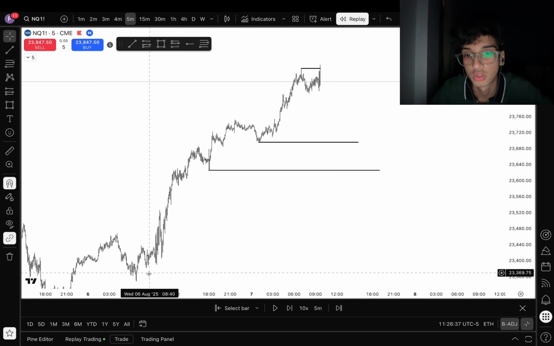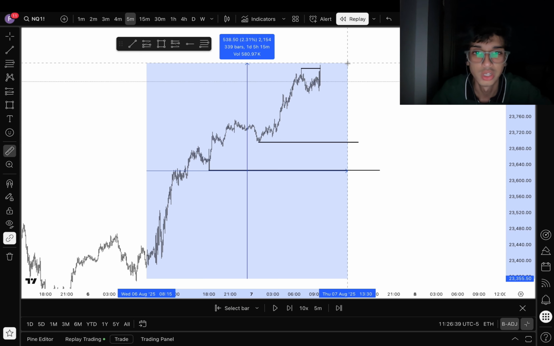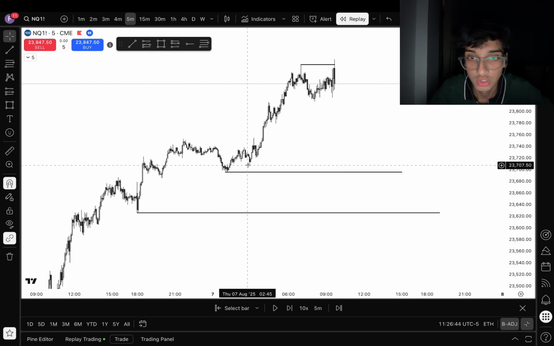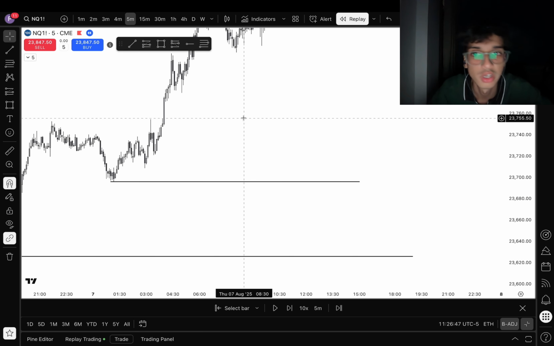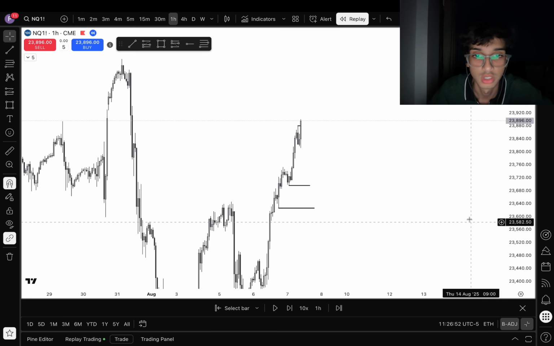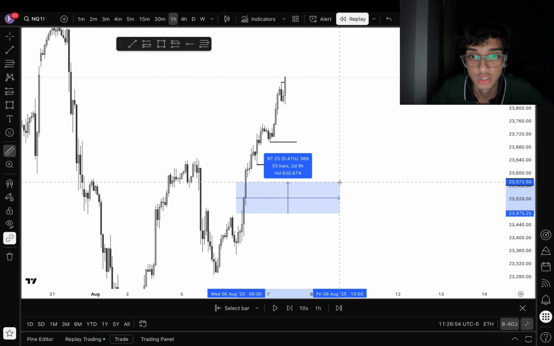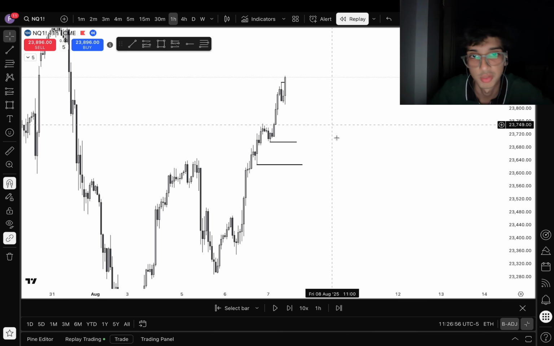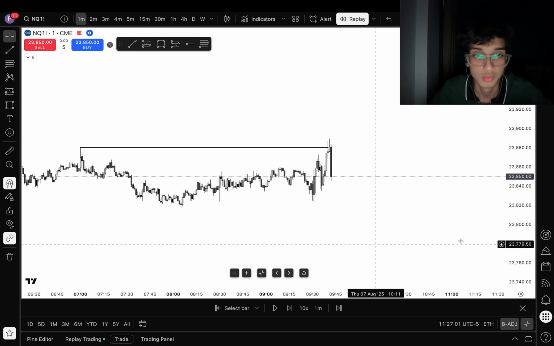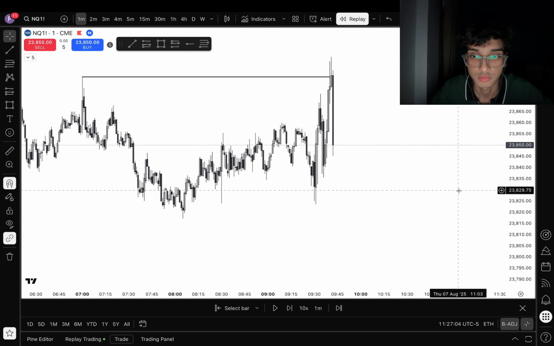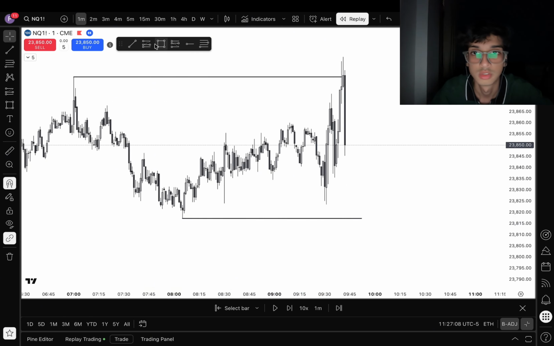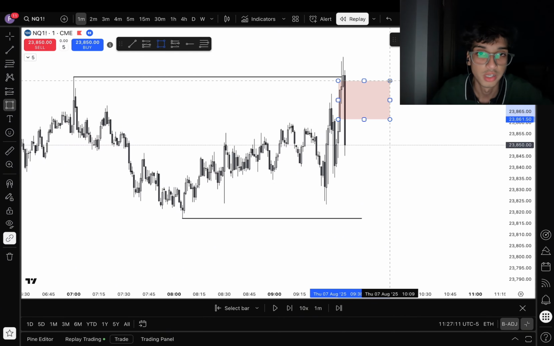Why am I looking for short? Because we are actually bought up more than 2%. We didn't end up sweeping any lows right here. These lows, these lows, these lows. We are just generating sell side liquidity, and on the higher time frame, the 1 hour, we actually ended up creating all this unfilled inefficiency, in which I'm expecting price to pull back. Okay, so basically this would be my target for the day. We invert this gap right here,